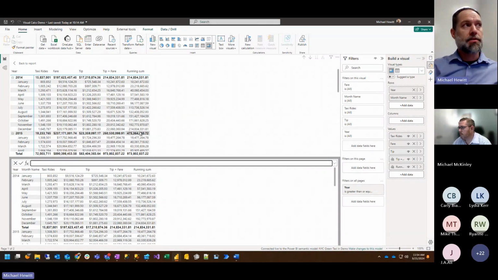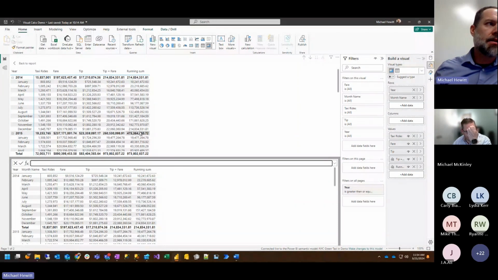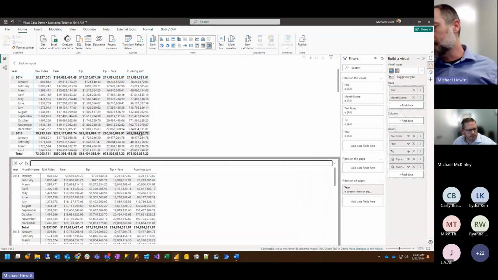These visual calculations understand what's going on in the visual and are really looking more at the rows and columns of the visual to get their context. So if you dig further into their blog post about this, there will be a really nice explanation that'll help you understand that further. But really with just a few clicks and hardly having to type at all, we've got a couple useful measures